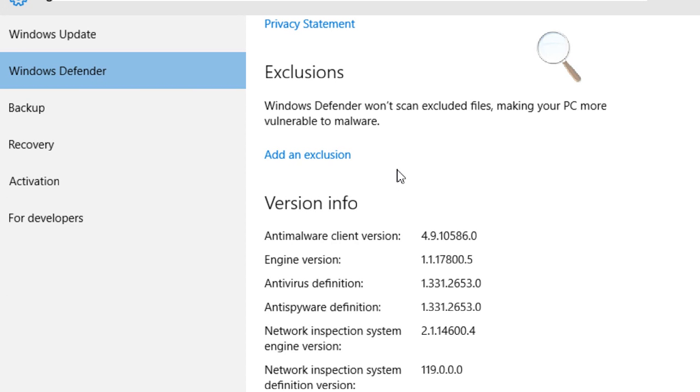Exclusion: we can exclude some places also. Last time I tried to download some application from torrents, but on a different PC, not here. I don't have any antivirus there, only Defender.